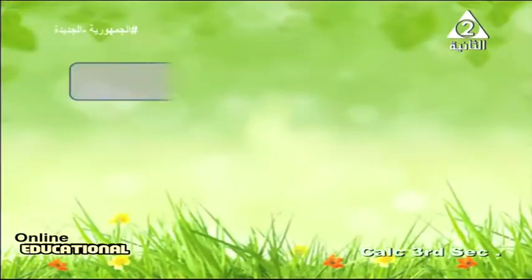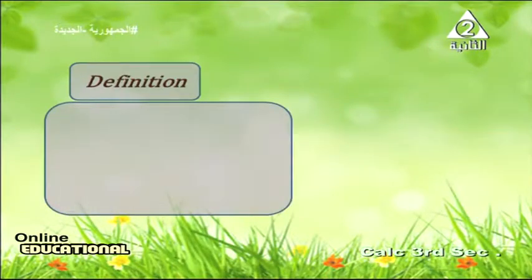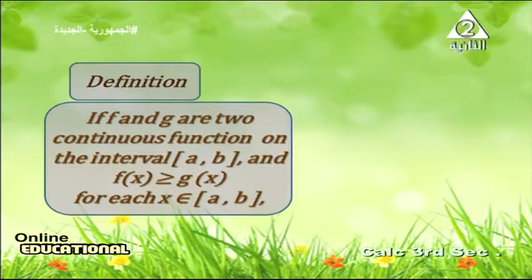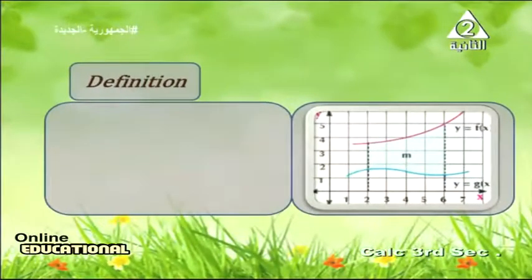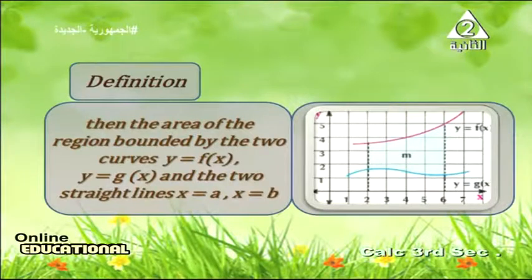Definition: if the two functions f and g are continuous on the closed interval [a, b], and f of x is greater than or equal to g of x for each x that belongs to the closed interval [a, b], then the area of the region bounded by the two curves y equals f of x and y equals g of x, and the two straight lines x equals a and x equals b, is given by the relation